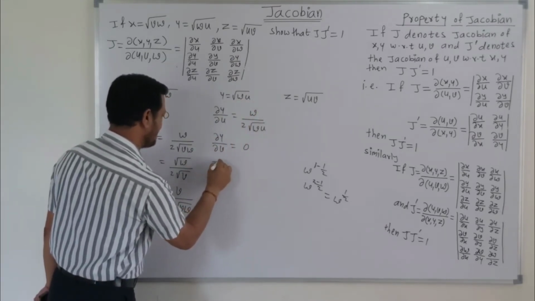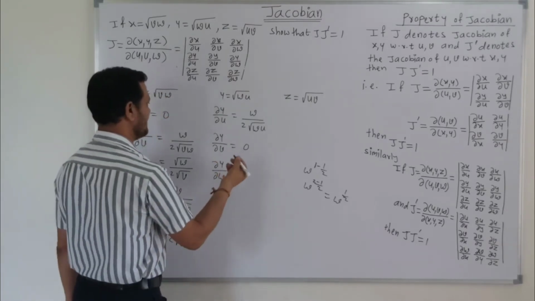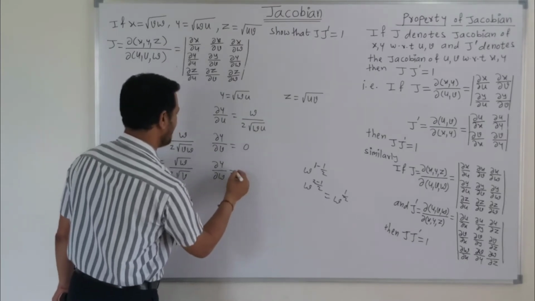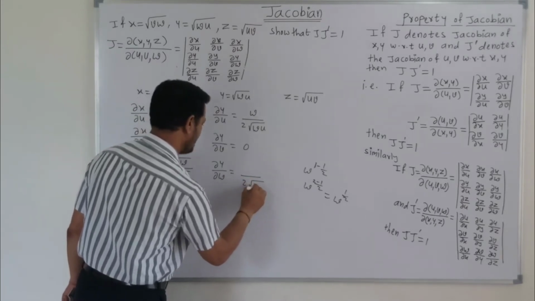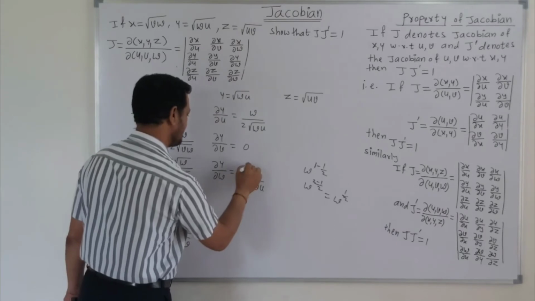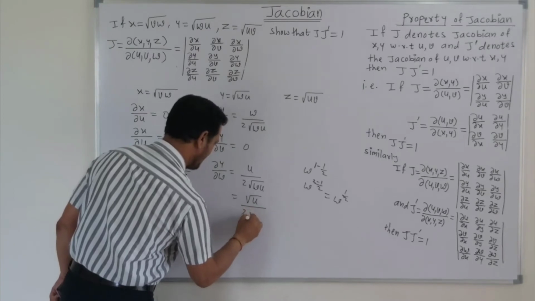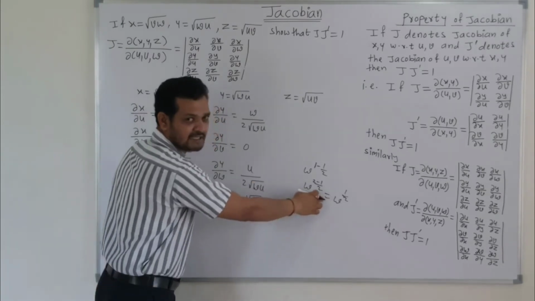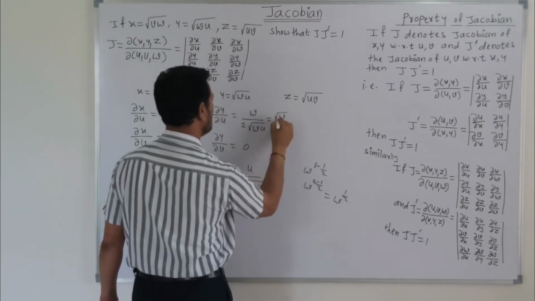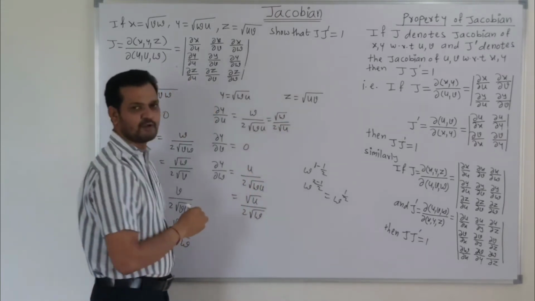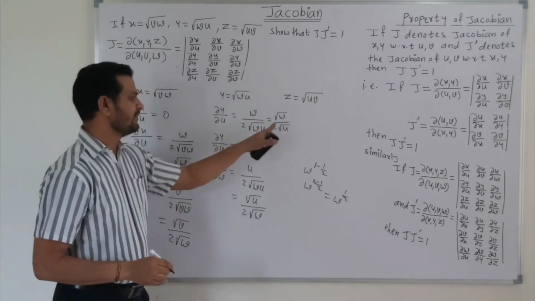Similarly, take the partial derivative of y with respect to w. If we take the partial derivative with respect to w, then we can write this as 1 upon 2 root of wu, but this is other than u. Moreover, we can simplify this, so we get root of u upon 2 root of w. So we apply the same concept here. Similarly, we can write this as root of w upon 2 root of u, for this term also, because all terms are in the same form. That's why we convert this term.